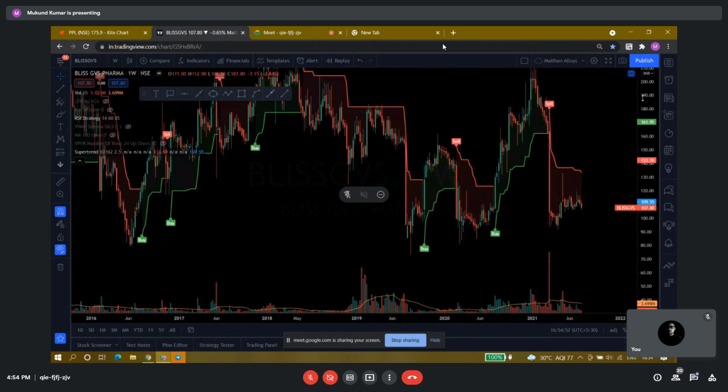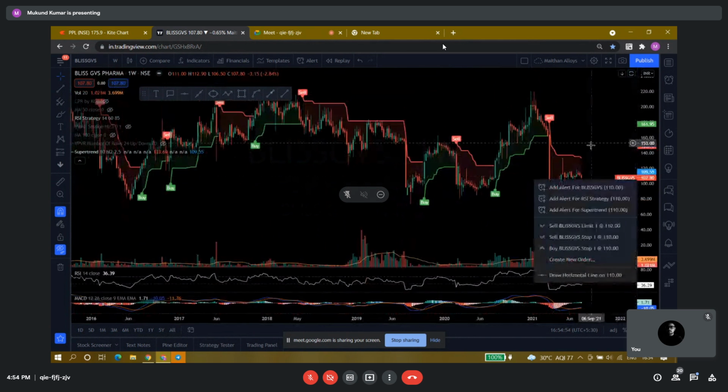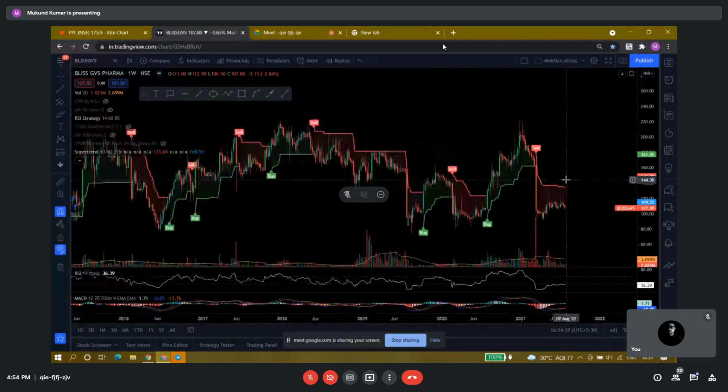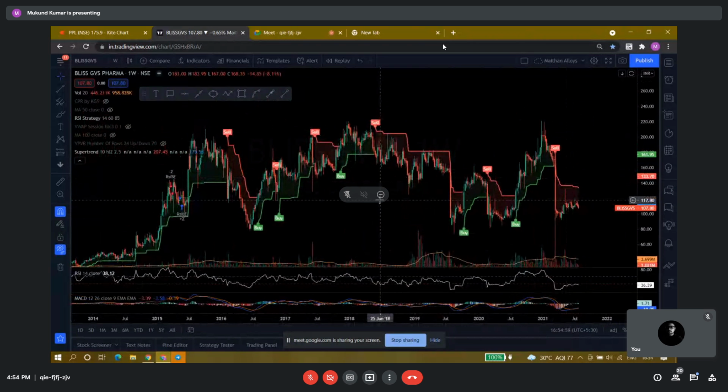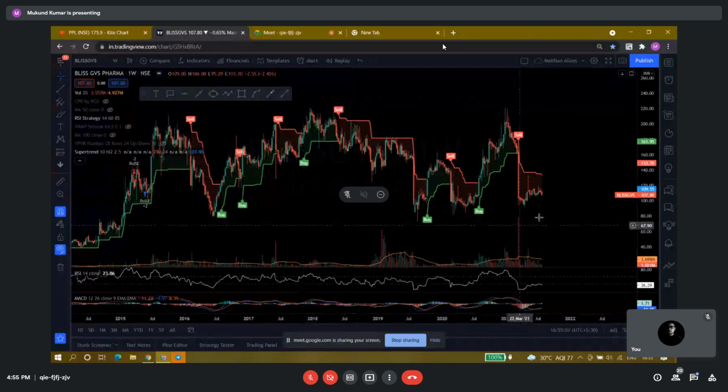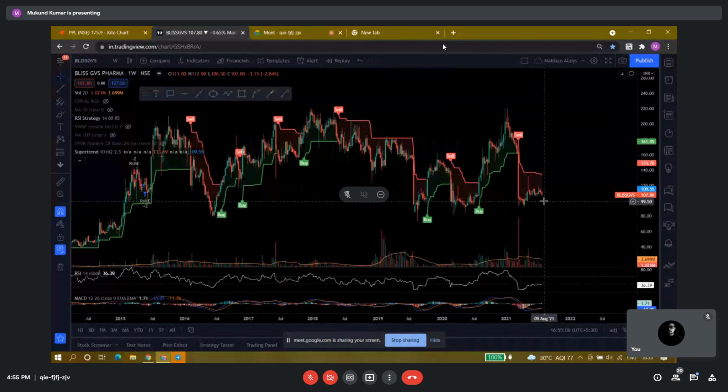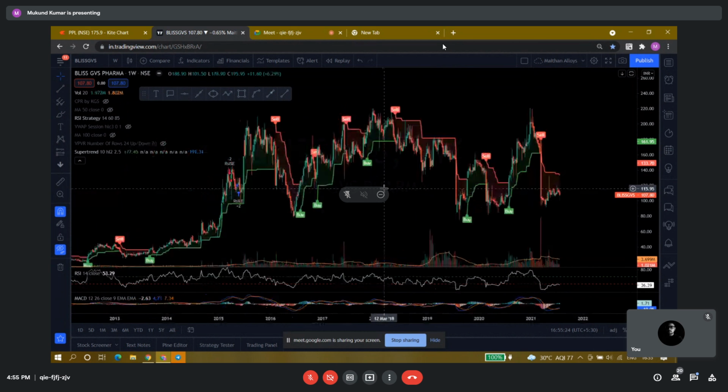And I think this is what the reply was in the group. Somebody asked me about this stock, and when I opened this chart, I simply answered that I am not interested in it. I have many more stocks which are going to give me better returns as compared to this one. I don't see any very good accumulation in this stock, and even the finances from the past some years are not doing very well.